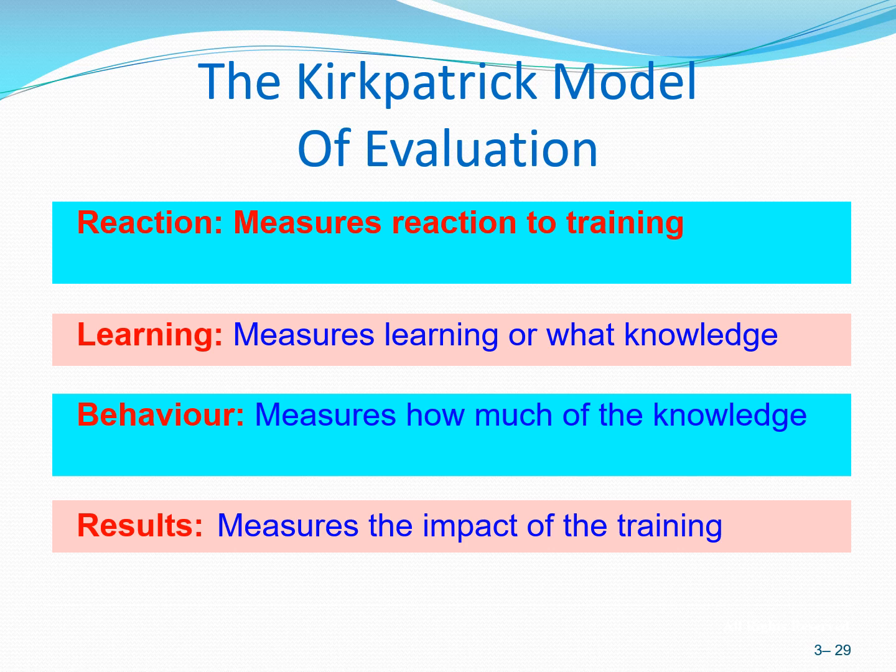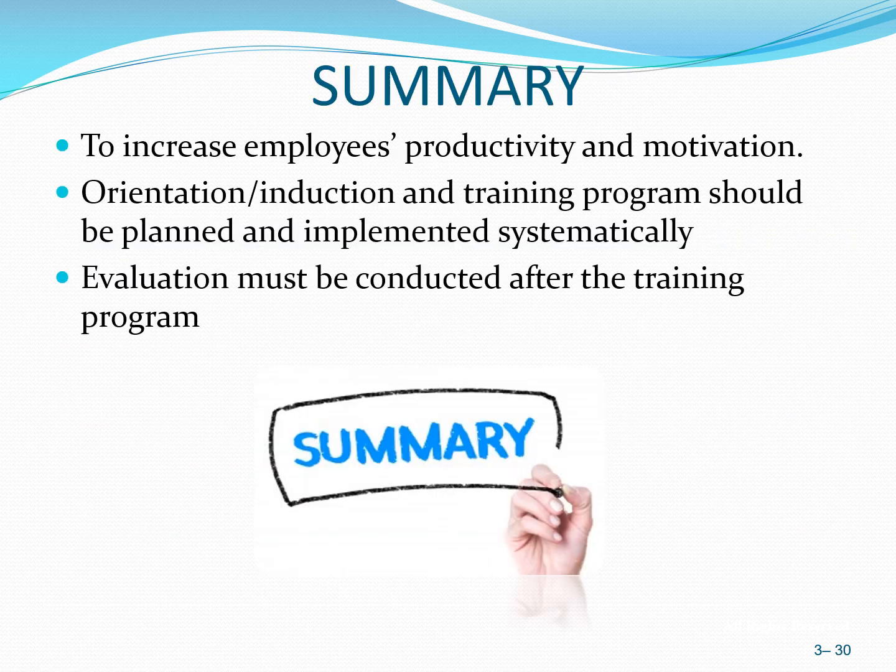Behavior. How much of the knowledge? Behavior ni dulu tak rajin, sekarang dah rajin. Dulu tak cekap, sekarang dah cekap. Result, measure the impact of the training. So, here yang result yang last tadi. Percentage of output yang dia dapat ataupun sales yang dijual tu meningkat ataupun barang-barang yang di manufacture tadi meningkat. Contoh saya kata tadi kan, 90,000 dia jadi 100,000. Itu measure impact of the training. Basically, benda ni adalah benda yang sama tadi. Cuma term yang digunakan tu berbeza because this is a model by Kirkpatrick. Kirkpatrick 1 orang. Sebenarnya ada 2 orang. Kirk seorang, Patrick seorang. Alright.